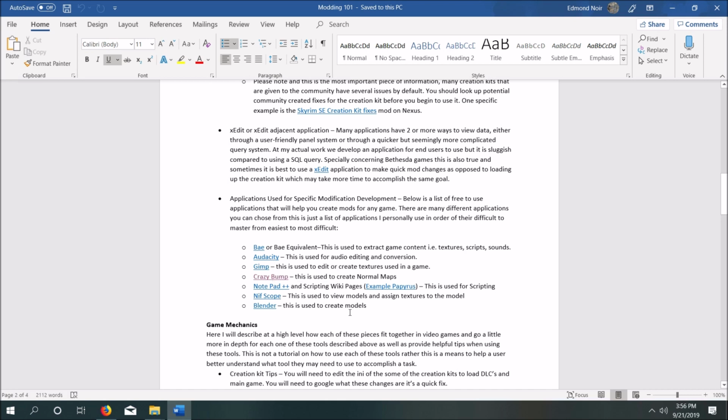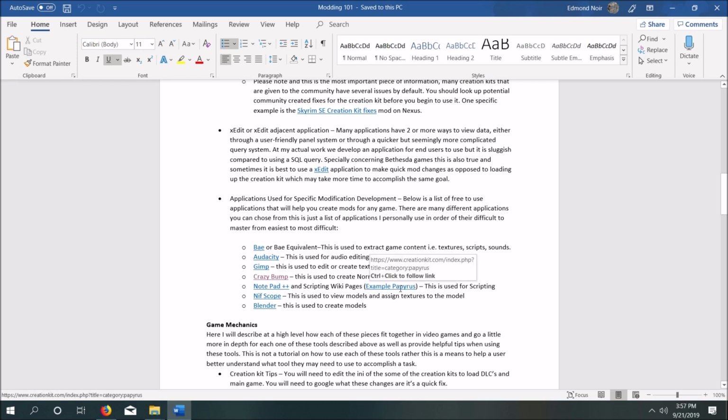Notepad++. I'm listing Notepad++ as just one of the tools, and Papyrus. Notepad++ is basically what you're going to use when you're scripting. I'm listing these things from their difficulty level. It's not difficult to use Notepad++. It is, however, difficult to script, and you will be using Notepad++ to script. I'm sure that probably will make sense. Anyways,